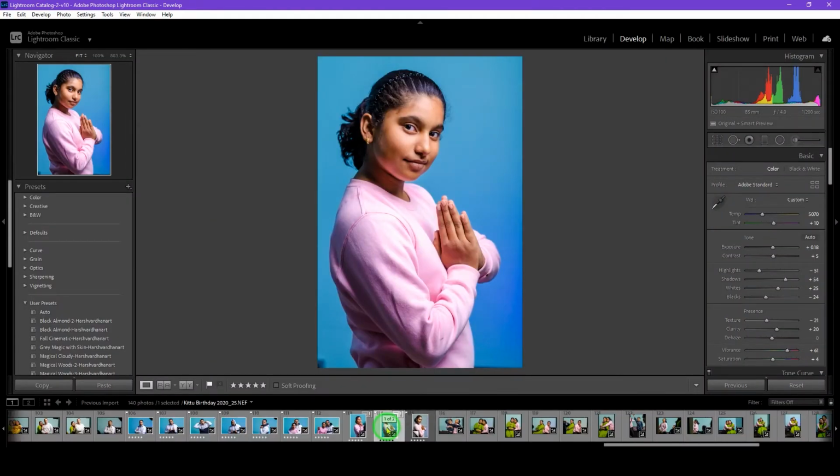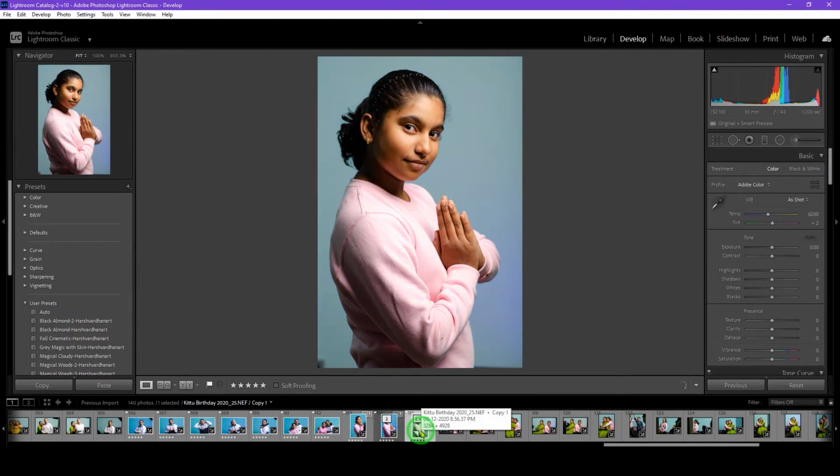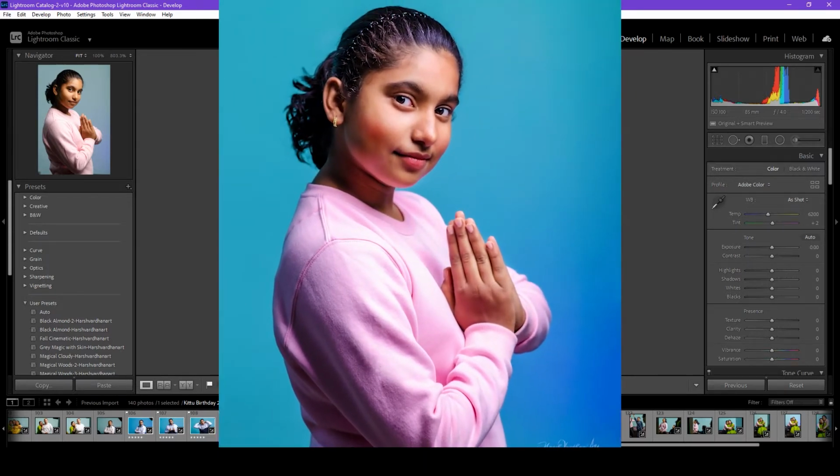So basically this is a raw image, and since the raw image is just like a negative and it lacks many things like contrast, saturation, details, sharpening, noise, we have to process them just like a negative. And since it is a raw image, we have lots of control over it while editing or in the post processing. As you can see right now, this is a very faded, dull and just boring image, and we are going to convert it into something amazing like this.